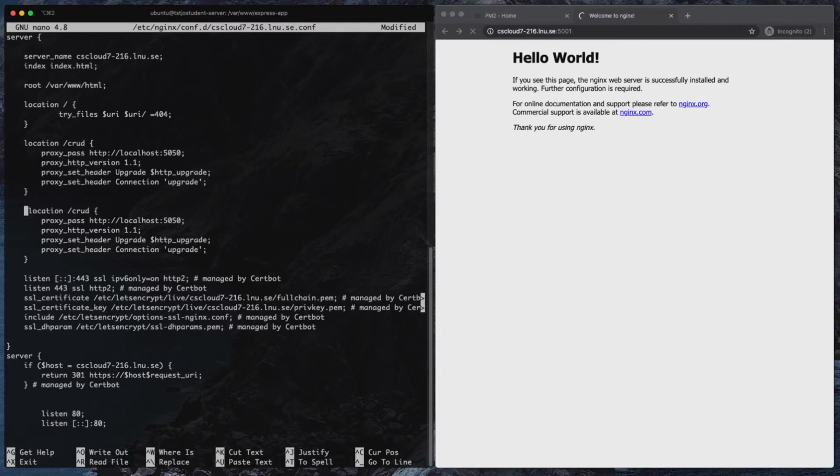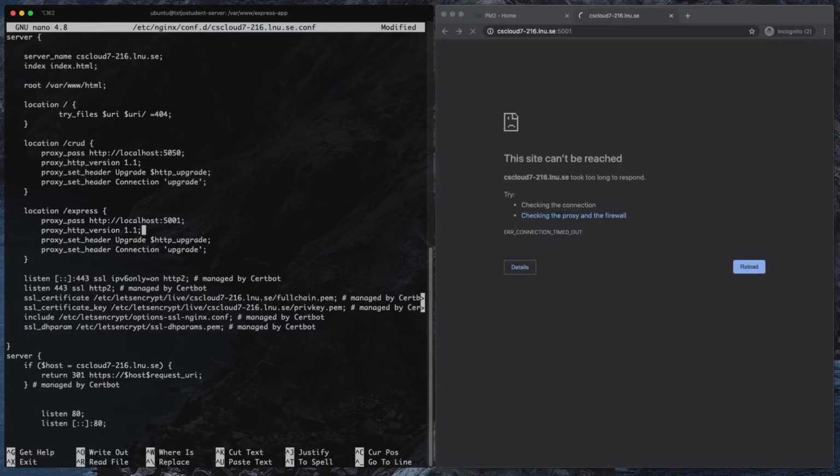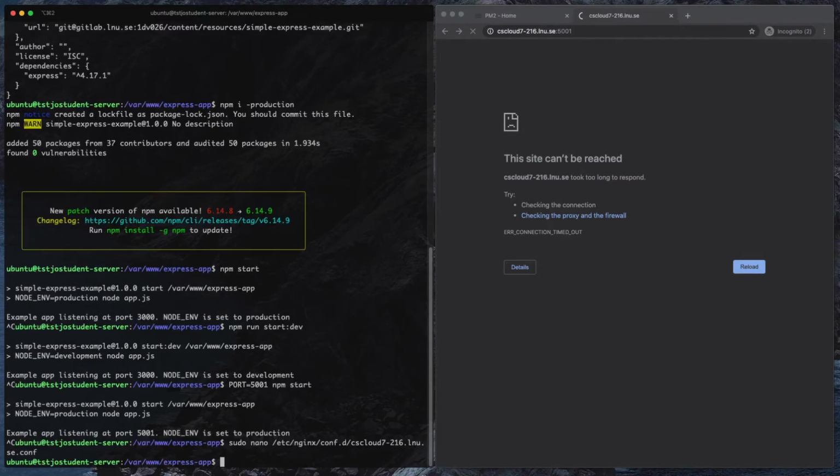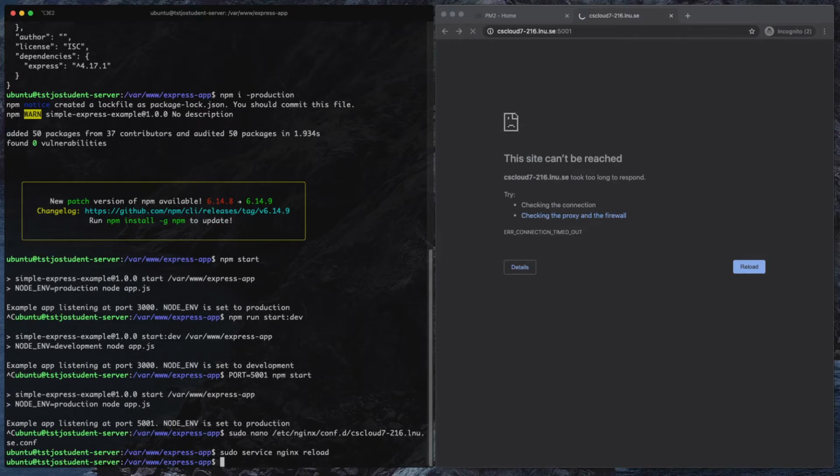Something like that. I will call this Express, and we can have it listen at 5001, we said. Yep. And now that timed out. So let's save that one. Let's do a reload on that one. If I try this one now,